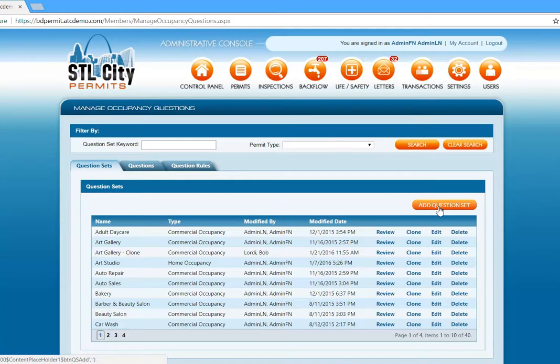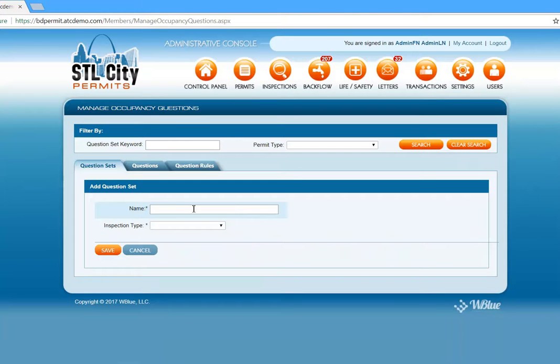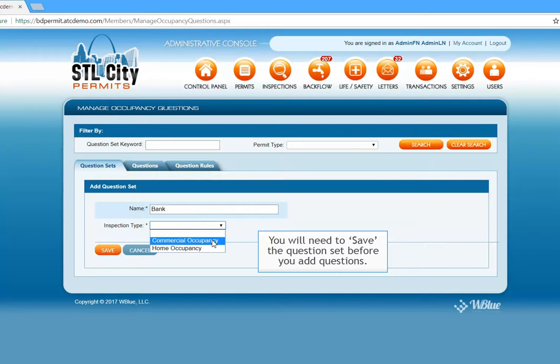So if I want to add a question set, and I'm going to take a look through here, and maybe I don't see bank. So I want to add a set of questions for bank applicants for a commercial occupancy application. This is on the demo site. I know there is a set of bank questions on the live site, but this is the demo site, so we'll use this here. So we're going to label it bank,